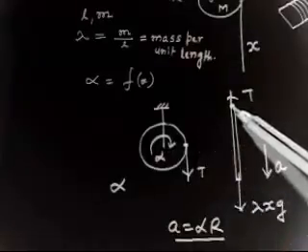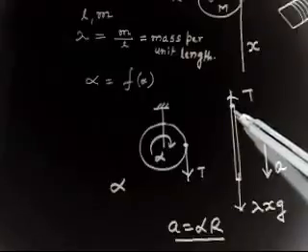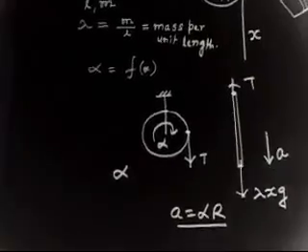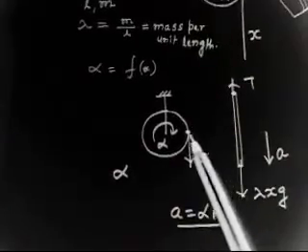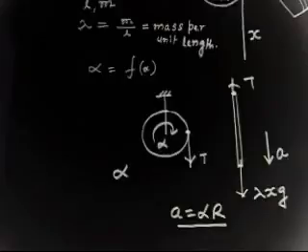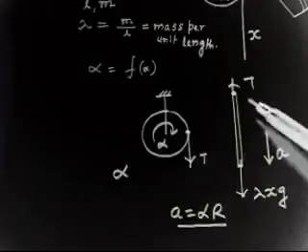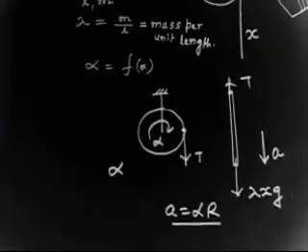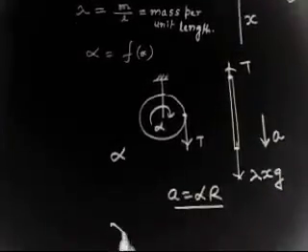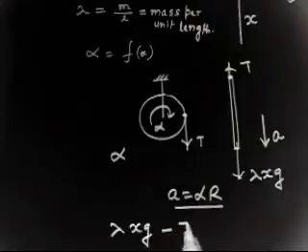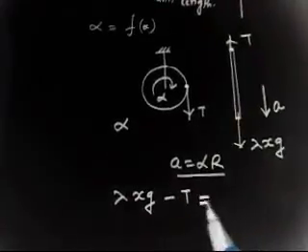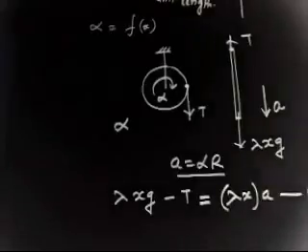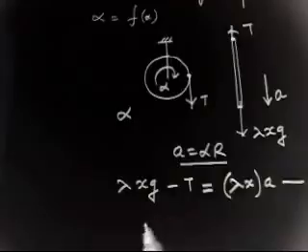Now if I consider this point here, the linear acceleration should be a, so I will have a is equal to alpha r. This means this point will have acceleration a equal to alpha r. So acceleration I can find either using the rope or using the cylinder. Now things are easy, I simply have to write down the equations. For the hanging part, lambda x g minus T is equal to mass into acceleration, where the mass is lambda x, into acceleration a. Now if I write the equation for the disk, so torque,